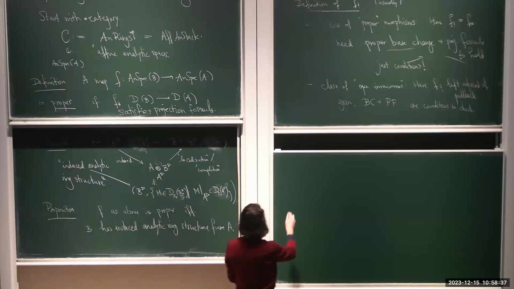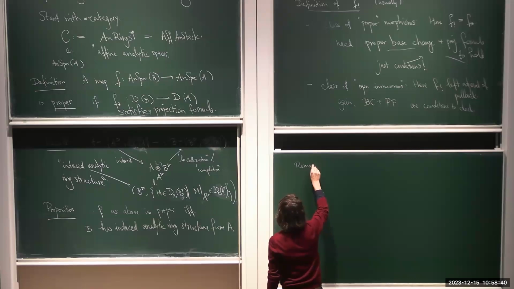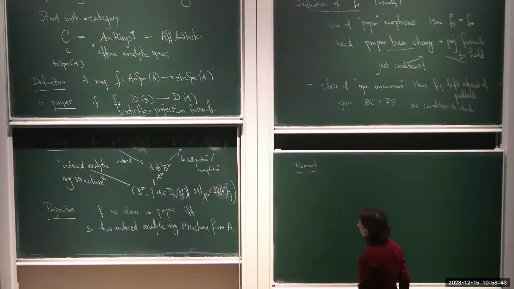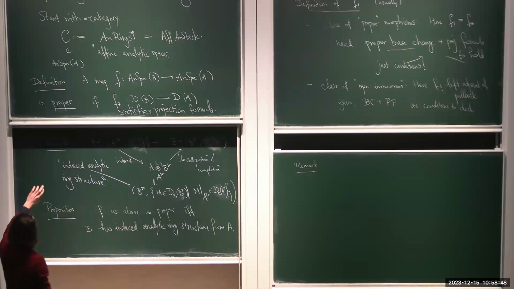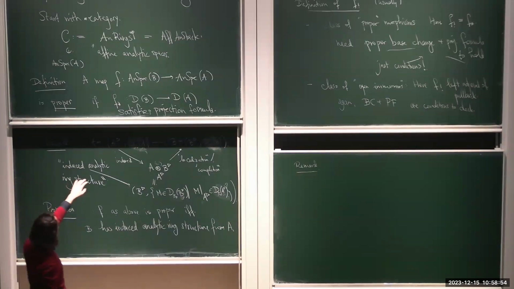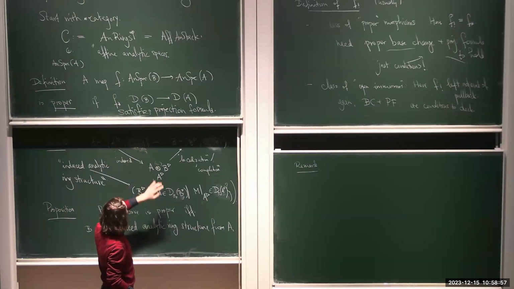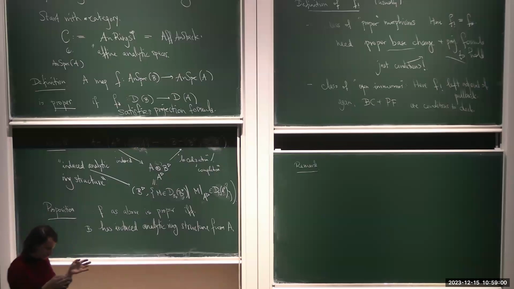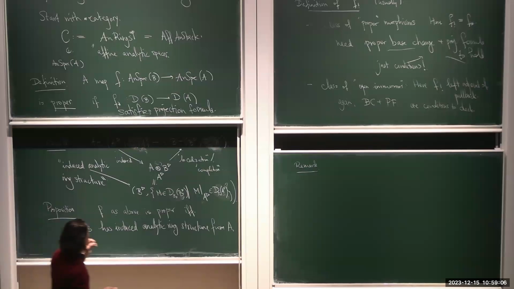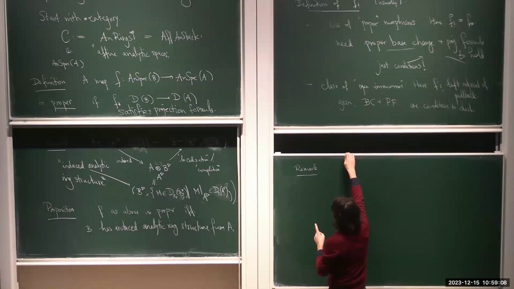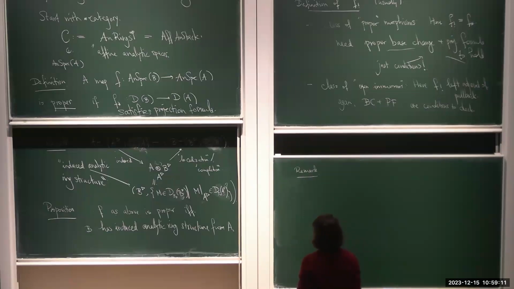Maybe before going there, the only reason it all seems sensible to me: in particular, if you embed usual algebraic rings, like commutative rings, into this condensed setting, then you would do this probably by choosing the trivial analytic ring structure, and then any map of commutative rings in usual algebraic geometry will be declared to be proper, which seems very strange. The only reason to think that it's sensible is that this did seem familiar from Huber's adic spaces. So in the theory of Huber's adic spaces. So yeah, so this matches